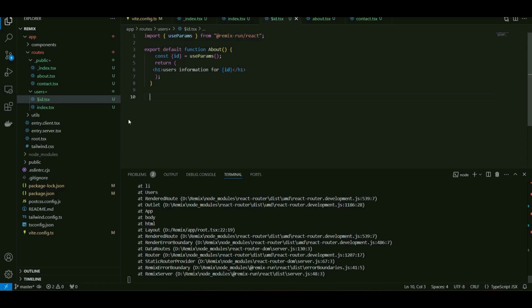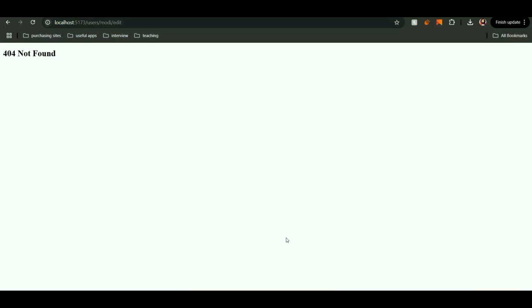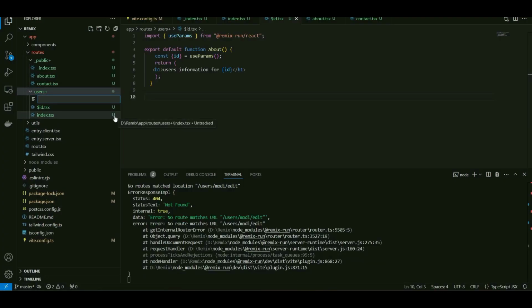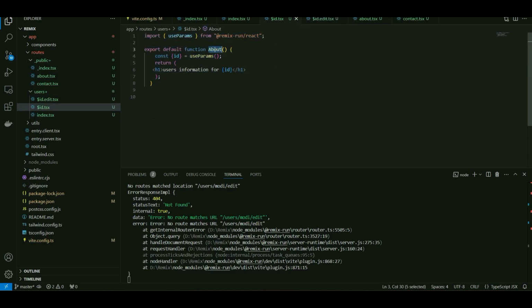Right. All right. Now what I want is to create another route which is going to be user slash ID slash edit, to edit the user information. I don't have this route for now. What I can do is create another file, which is going to be users.$id.edit.tsx. And here again, let's name it users info,